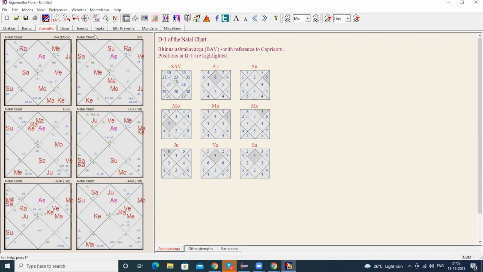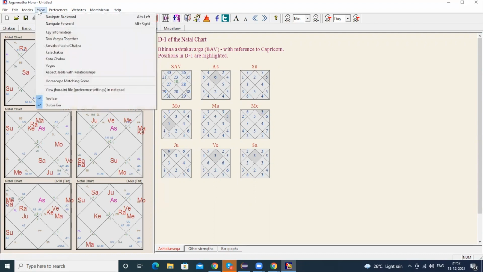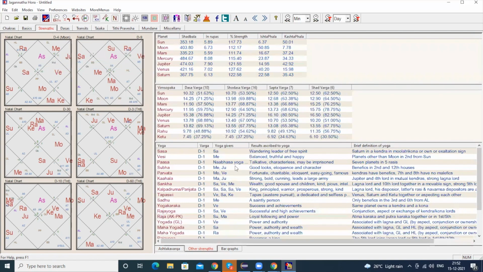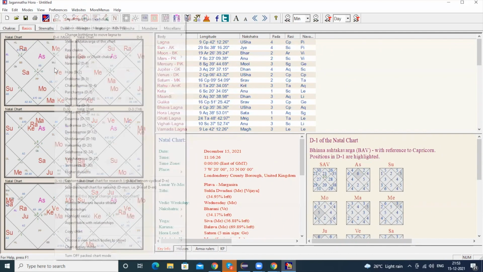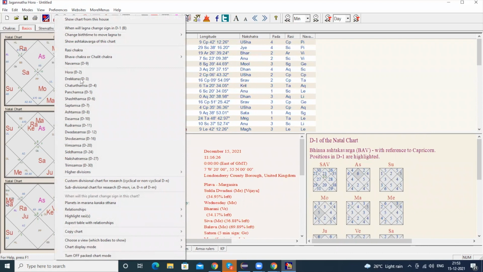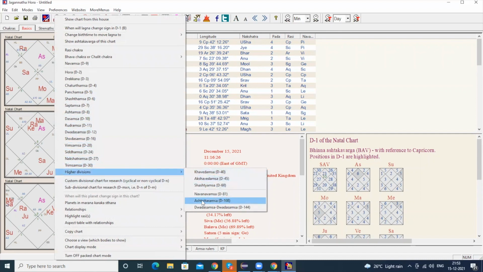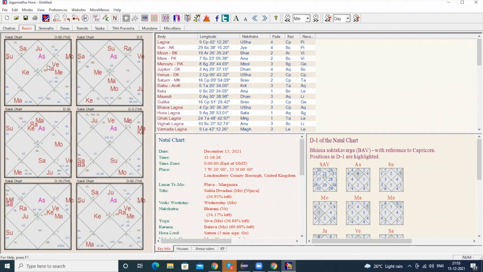Okay. Now, if you want to see the yogas, click on View, click on Yogas. So you can see the Raj Yogas and different yogas. Okay. So guys, if you want to see the different divisional charts individually, right click on the Nadal chart, go here. So if you want D2, D9, D3, D4, whatever, up to D30 or even higher divisions like D40, D45, or let's say D108, okay. Or let's say for example, Shashtiamsa D60, known for past life, present and your future. Click here, so you'll get D60, okay.